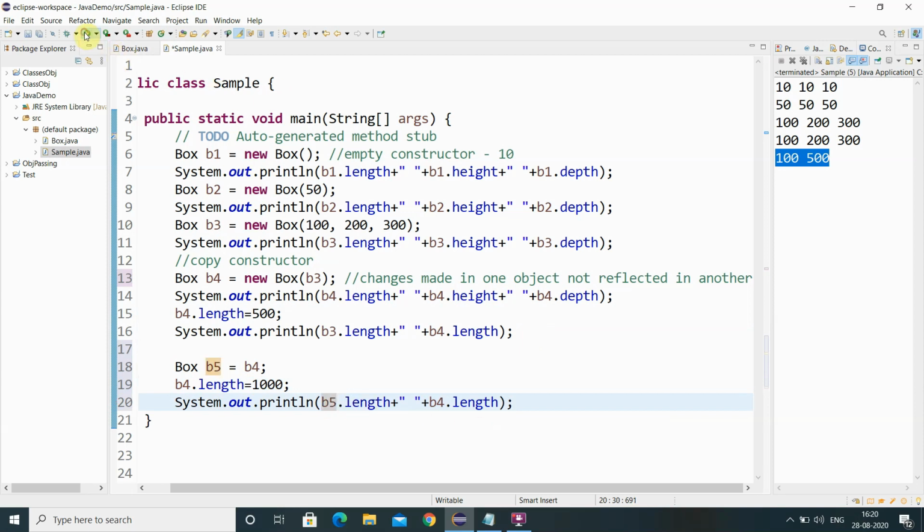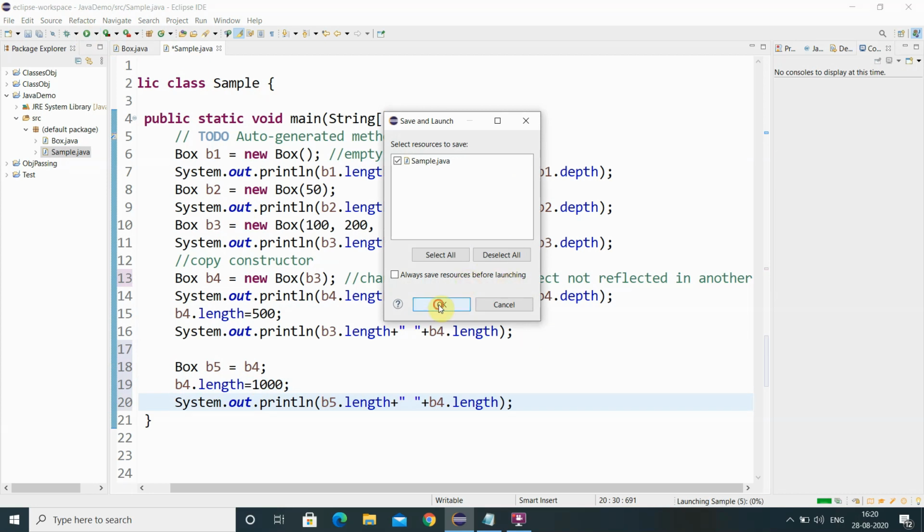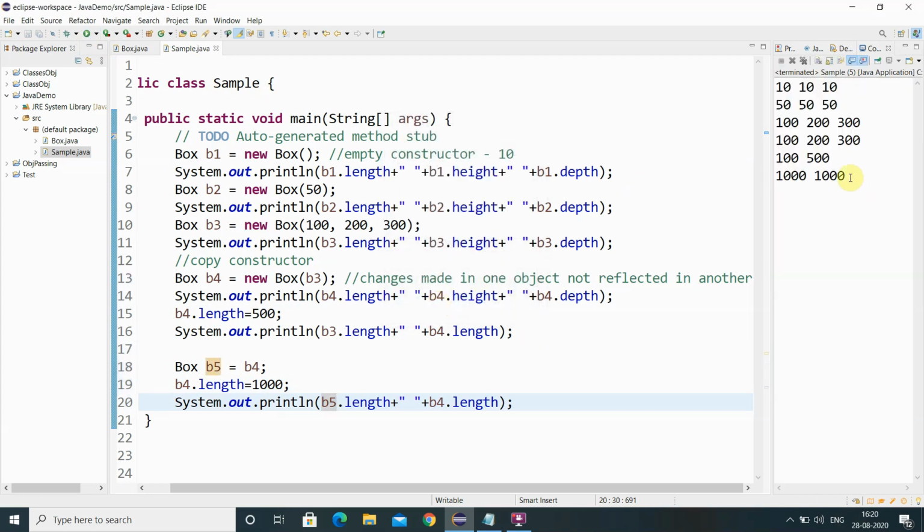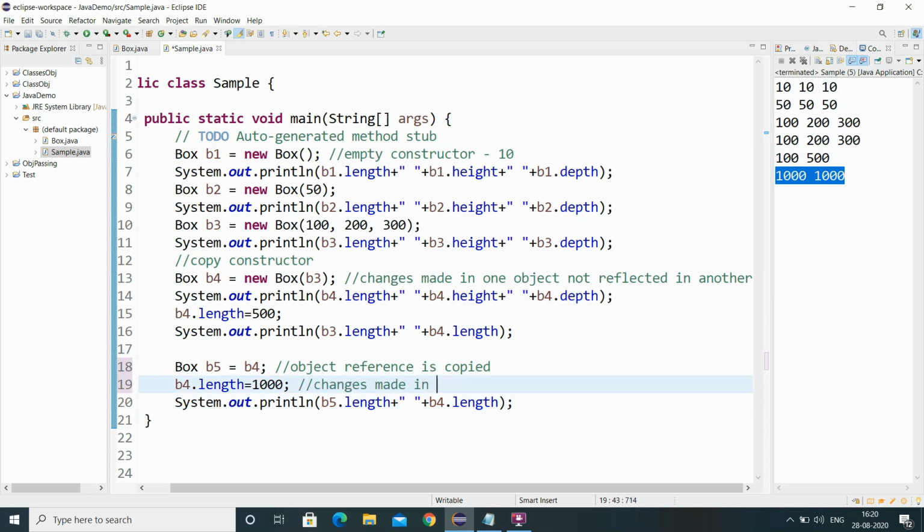So this time if I try to print it, the changes are reflected. The reason is, here the object reference is copied. So changes made in one object reflect in another object.